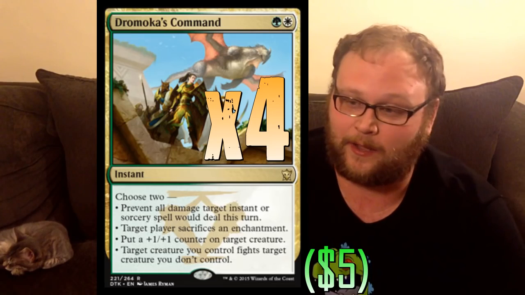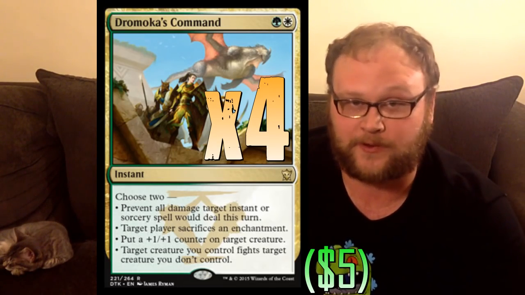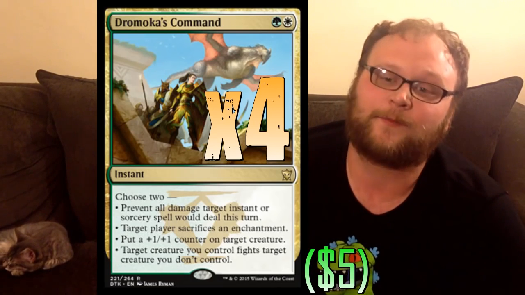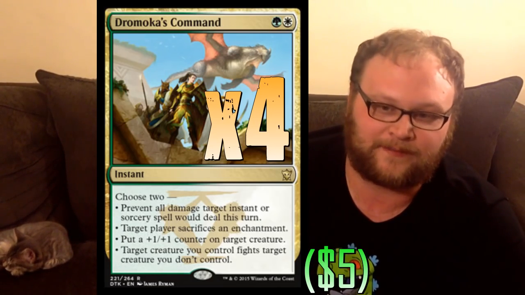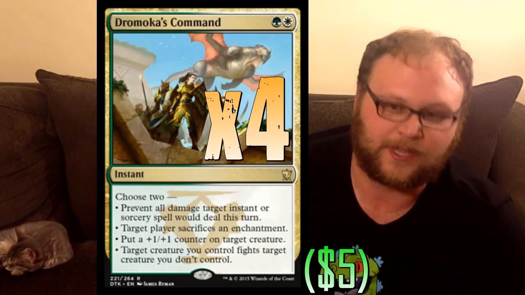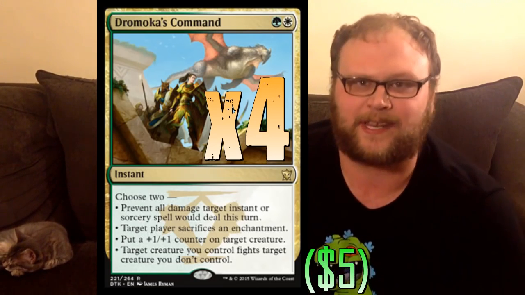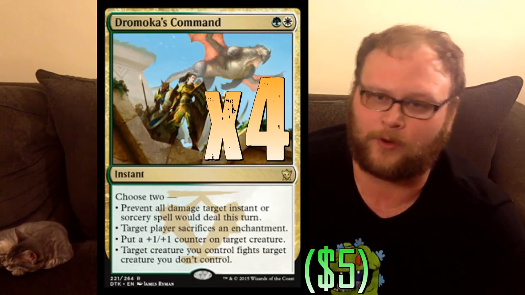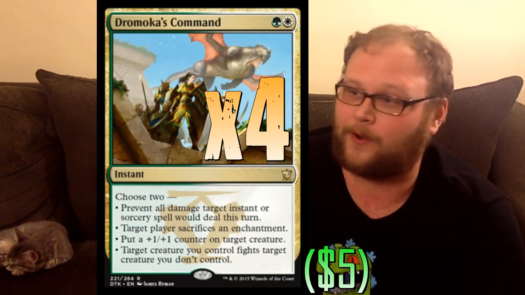And once we start getting emblems and buffs off of Retreat to Emeria, Dromoka's Command can even make our tokens into killing machines, and this will take care of Silk Wraps and stuff that have taken out Monastery Mentors, Stasis Snares and stuff like that. That'll also perhaps take care of that. So sacrificing enchantment is important,